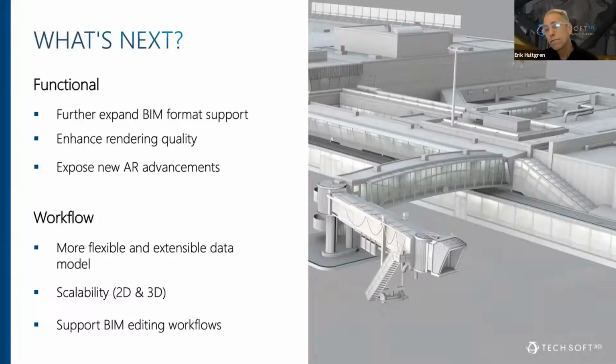As far as workflow improvements, we're going to continue to work on making our data model more flexible and more extended. In particular, Jonathan called out some improvements coming in Service Pack 2 around the richness of the BIM relationship data model. As he said, in Service Pack 2 we focused on the spatial relationships, but in upcoming releases, we're going to continue adding more of those different relationship types.